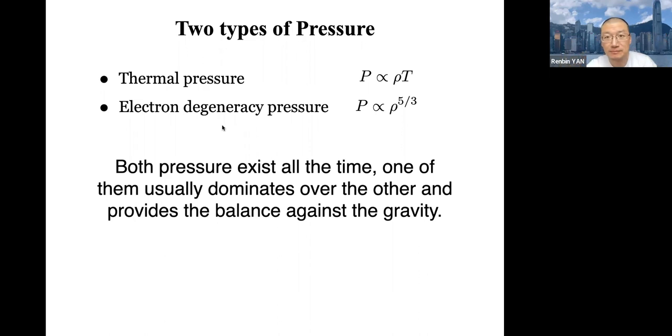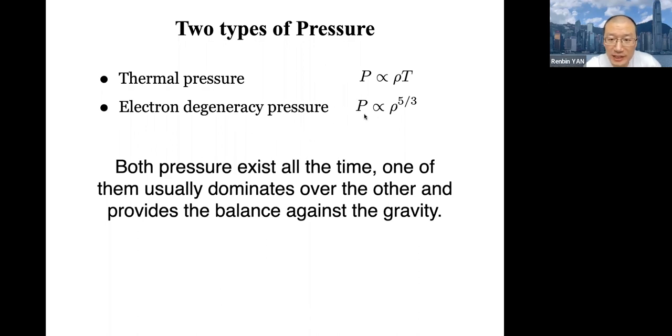In a very low mass protostar, it cannot start hydrogen fusion. Basically, if the mass of a protostar is smaller than 0.08 solar mass, its density, its gravity is not high enough to overcome the electron degeneracy pressure produced in the core of that protostar. And we talked about this phenomenon.